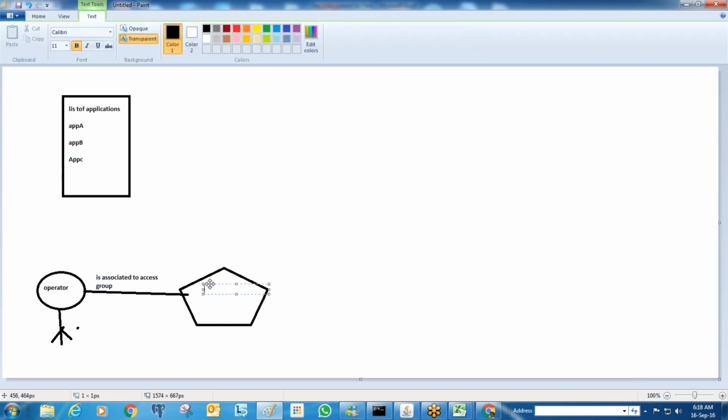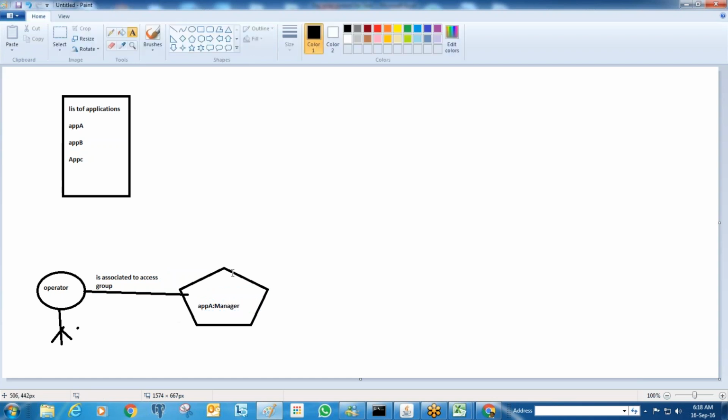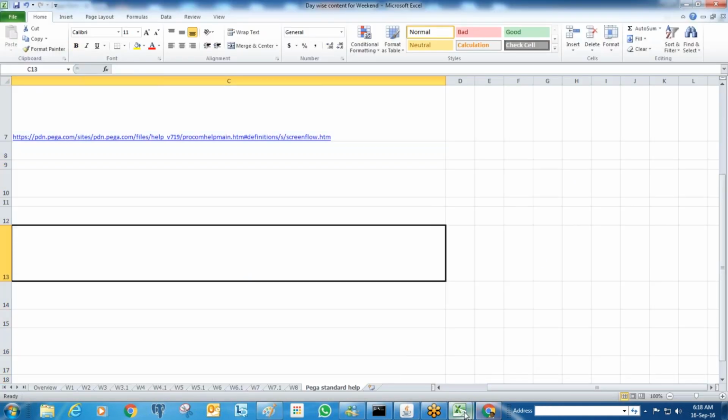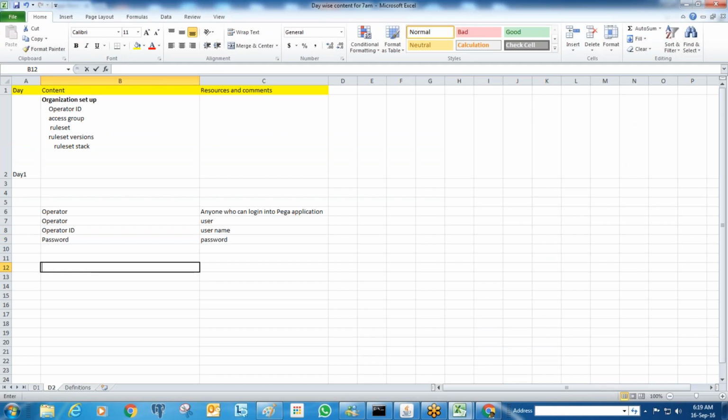Let's say here some access group name is there. Access group name generally will be like this: application name and then the role he is performing, let's say manager. The access group dictates